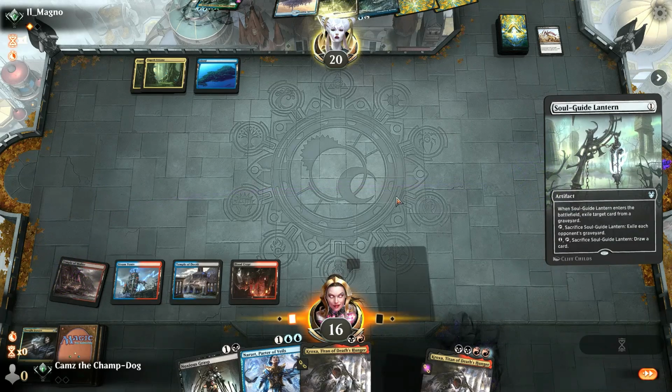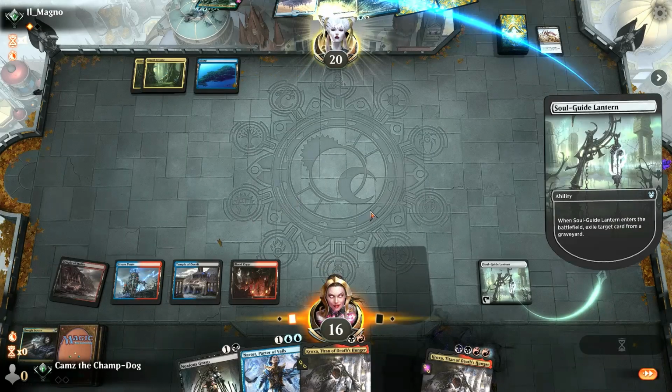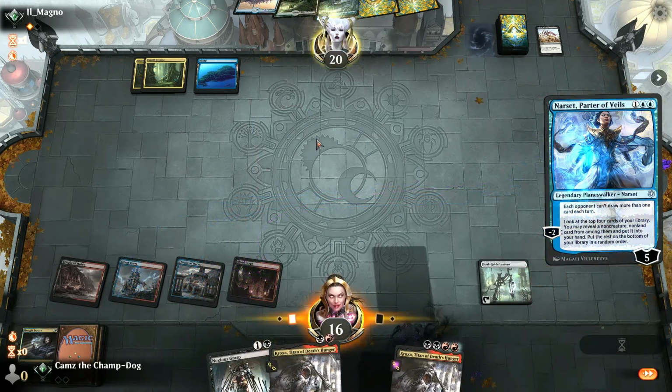Okay, so they're holding up some kind of interaction, although it could just be the Shark Typhoon. Obviously we target the Uro here, and then we'll try to resolve Narset. Obviously don't want to see a counterspell here, but